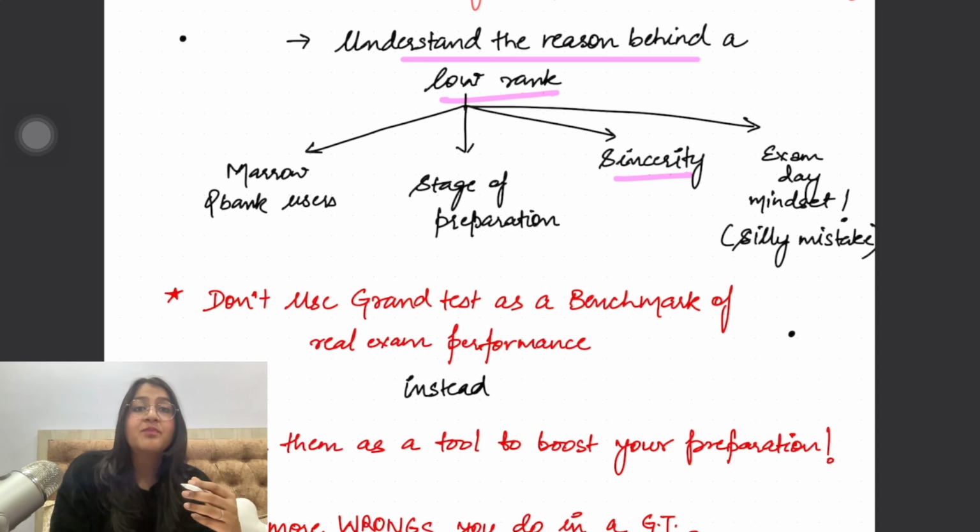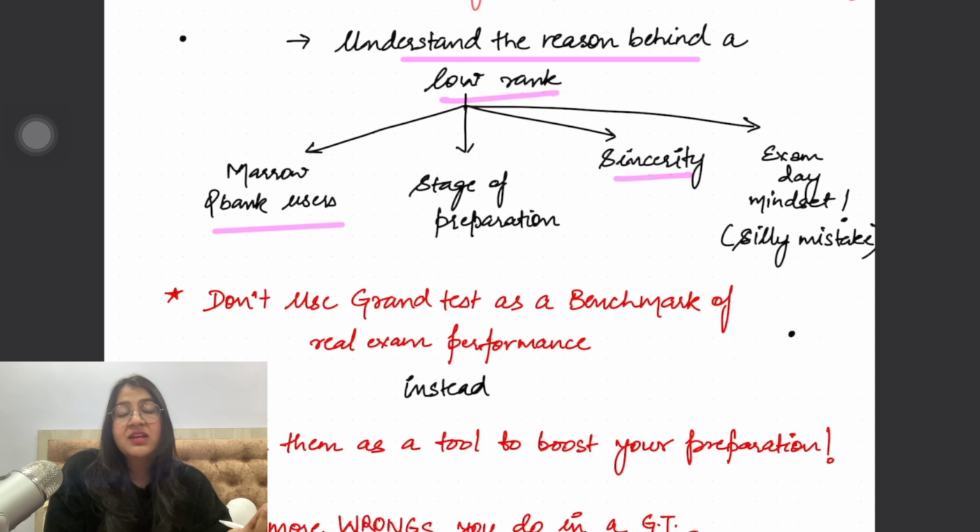And if you do this kind of cheating for even 4-5 questions, then it has a significant impact on your rank. So even if you are sincere, there might be somebody else who's not giving the test very sincerely and honestly, and they might be doing this little bit of cheating. So that also makes a big difference to ranks. Secondly, there might be people who are using the Q bank of the platform that you are giving the GT on. For example, if I am giving a GT on Marrow and a student who has solved the Marrow Q bank in its entirety, obviously some questions are repeated directly from the question bank in the GT, so he or she is going to get an advantage ahead of me.